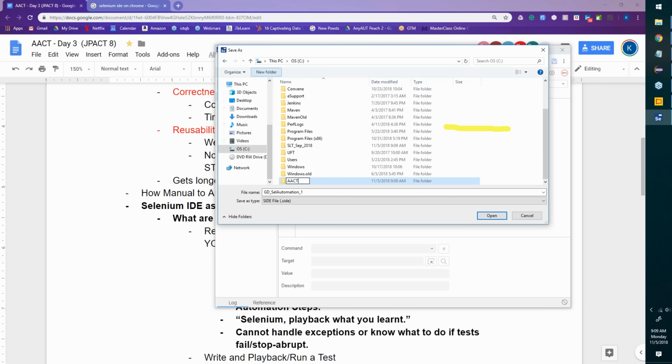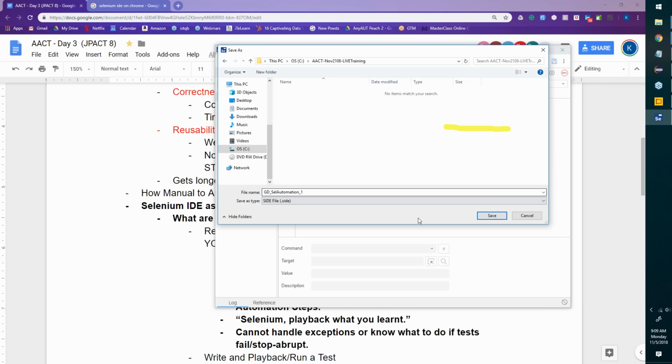ACT November 2018 live training. And in this, GD underscore Selenium Automation 1 as a project. See that extension is .side, and I'm 99% sure it is Selenium IDE. It stands for... and I'm saving this. Okay. Now my project is saved with one test case that did not execute.